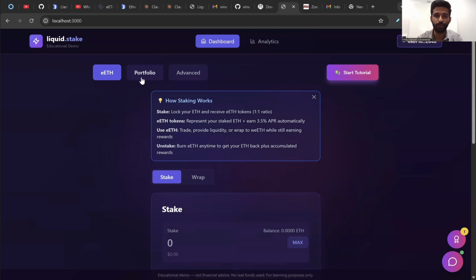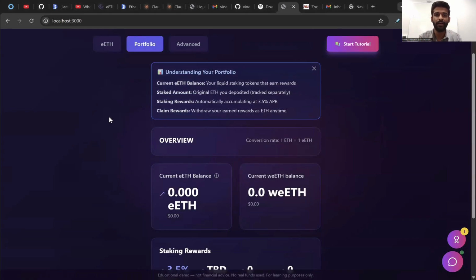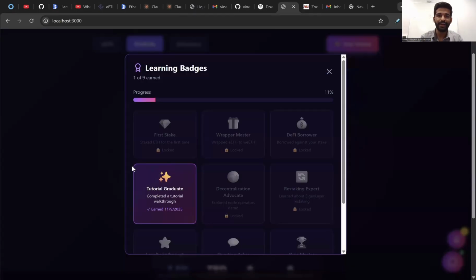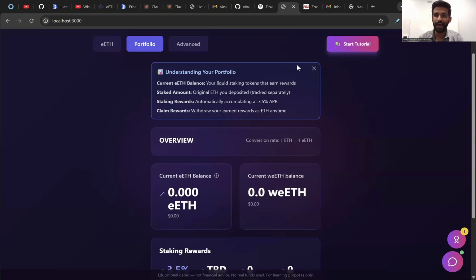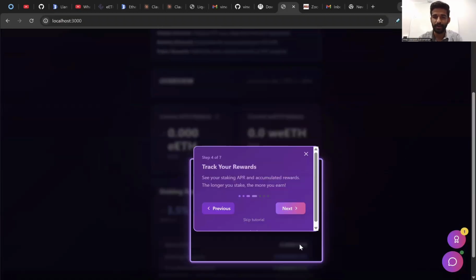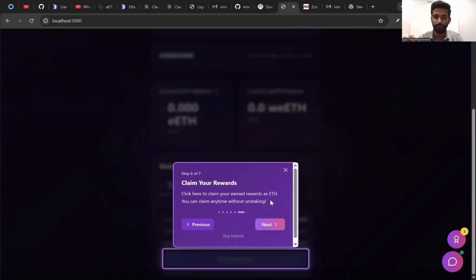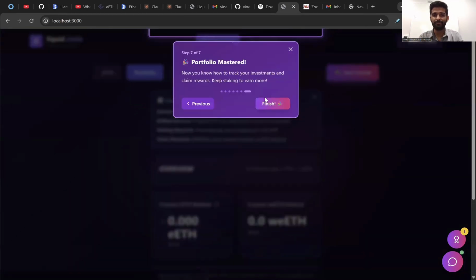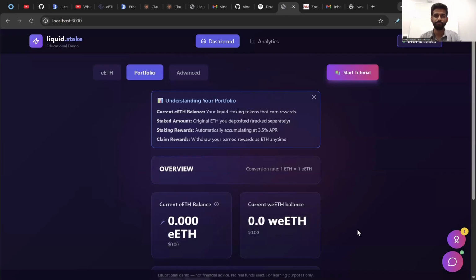Now let me go to this portfolio page, and we have this understanding of how the portfolio is designed. And you know what's even crazy? We have this option on the side called badges earned. As you learn through this process and complete lessons one by one, you get one of these badges as a learning achievement. This is a reminder for you to keep learning. Inside this portfolio as well, you have a Start Tutorial button, which guides you and helps you understand what the components inside this portfolio are. And once you complete it, congratulations, you have earned a new badge.